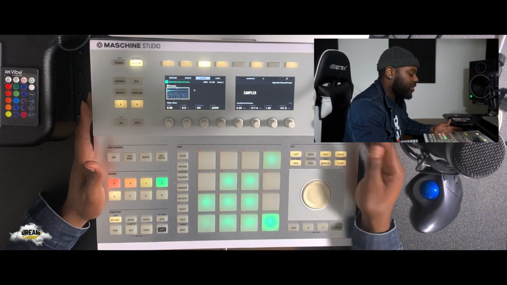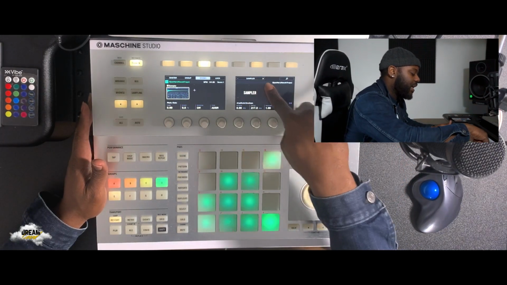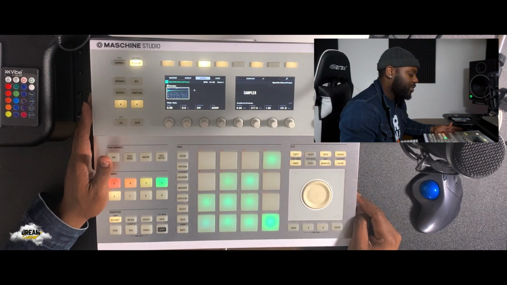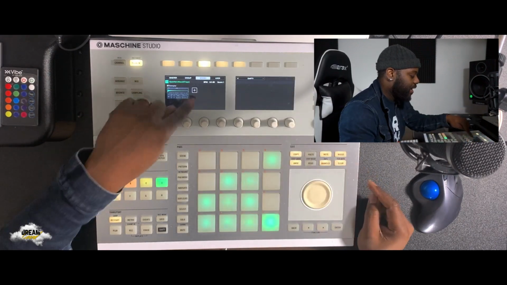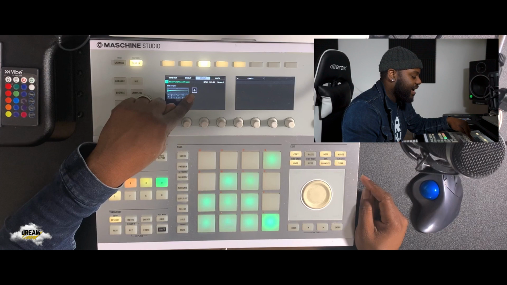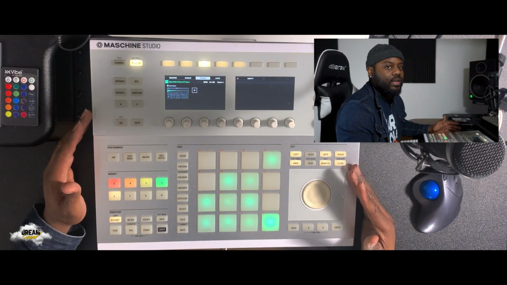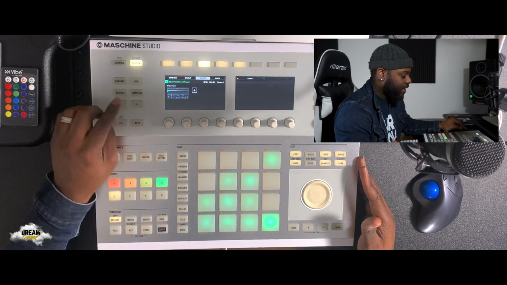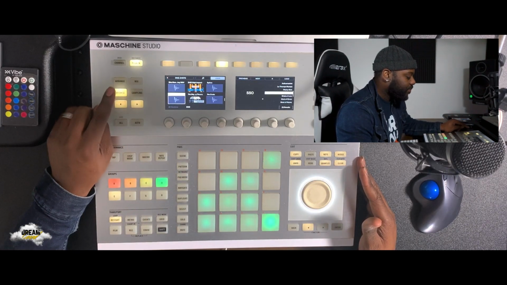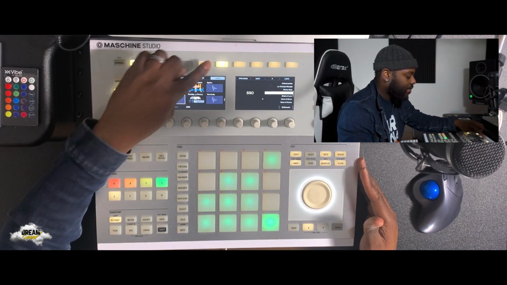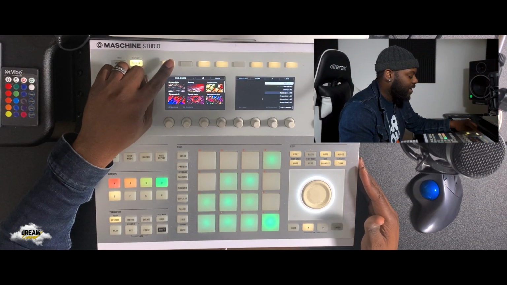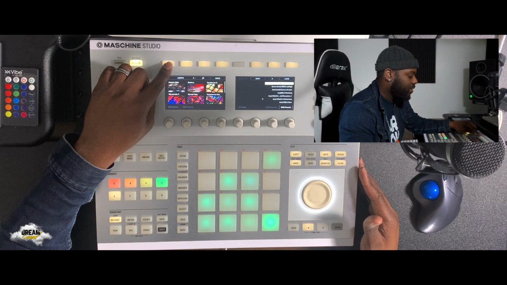So how I do this on the machine is, you see where it says sampler and it has this arrow with the lit up soft key up here? If I hit that, it brings me to the plus, which means that I can add a sound. And there are many different ways that I can add a sound or affect my individual group or my individual sound. I can hit browse and I'm in my users tab. If I get out of my users tab and then go to effects,